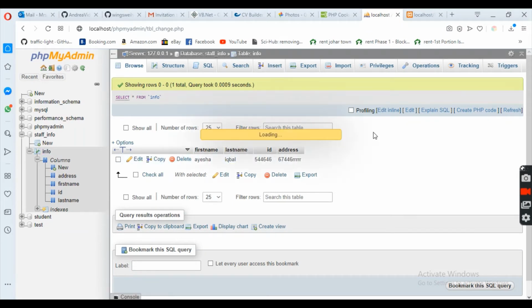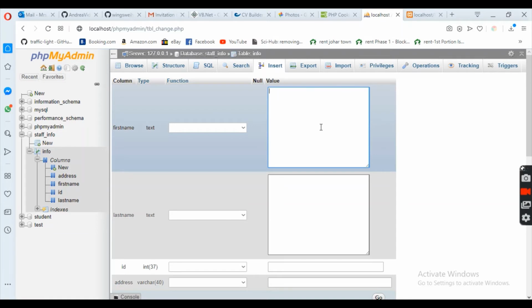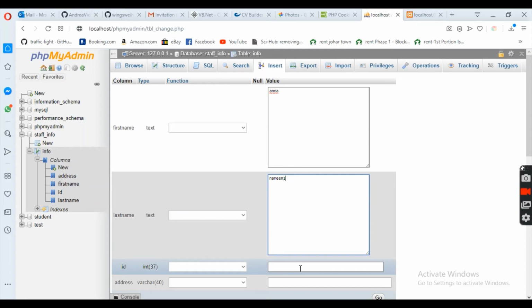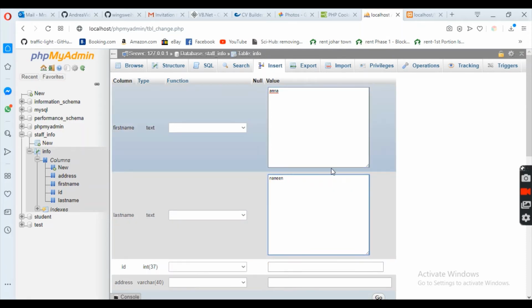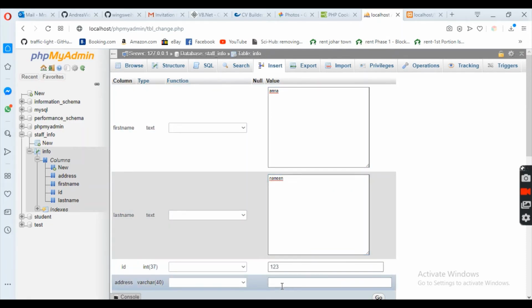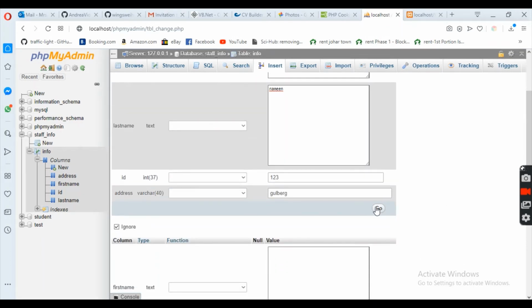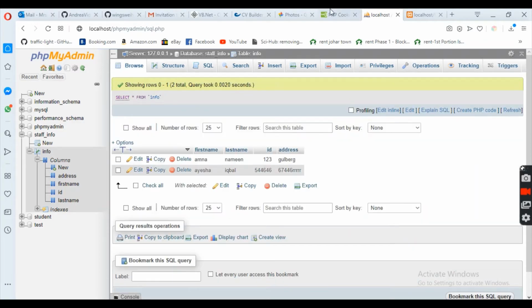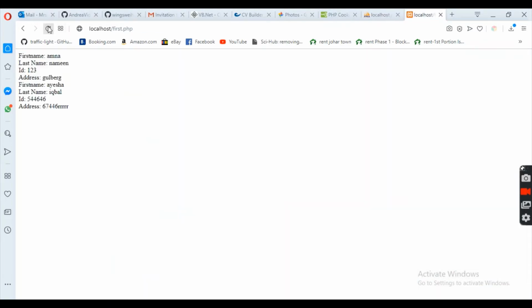Let's insert another row. Maybe we will check whether it is fetching or not. Amna, for example, as the name, and then her ID is, sorry, not 1 2 3, there. 1 2 3 address, any address. Gulberg, for example. I'm going to insert the record. It's inserted. Browse. Now I have 2 records. Now I'm going to refresh this file, and if you see, I have 2 values now. First is the record of Amna, second is the record of Aisha Iqbal. This is how we have fetched